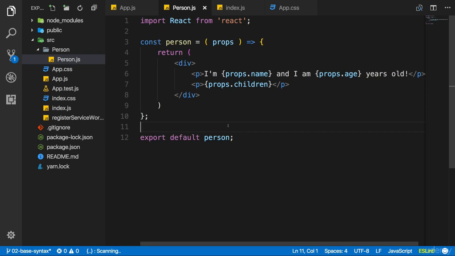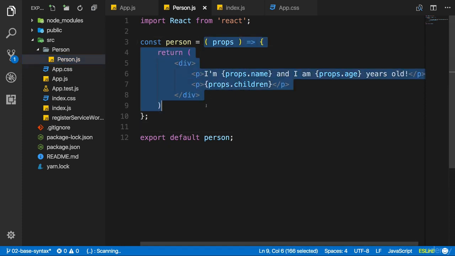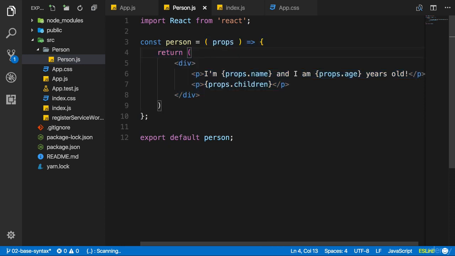In the last lectures, we learned a lot about state and props. We learned that these are the only two things which lead React to update your DOM if something changed. Now, I also mentioned that when creating a component as a function, as we do for person, we can't use state in there, because it's just a function where we return some JSX code.